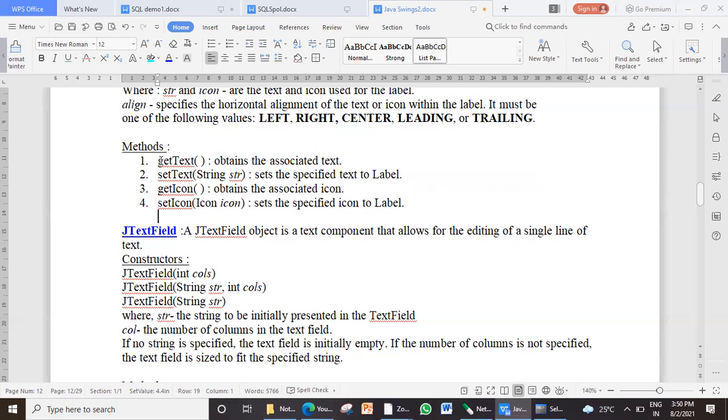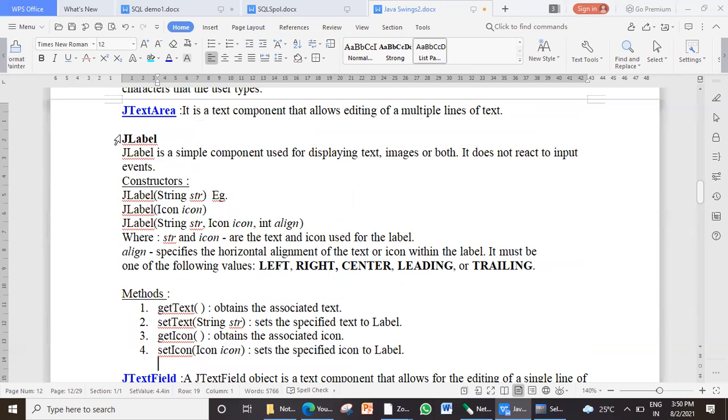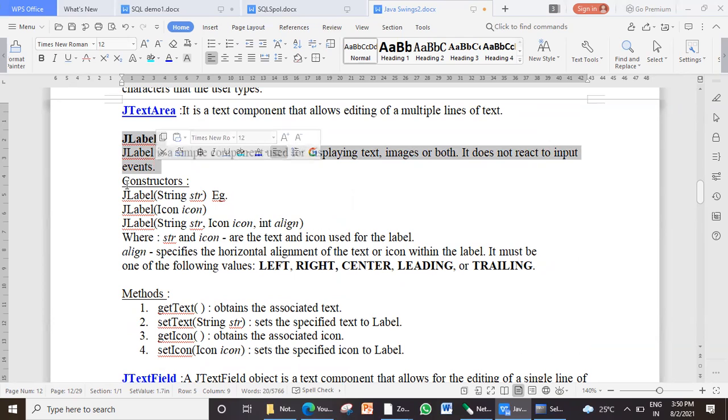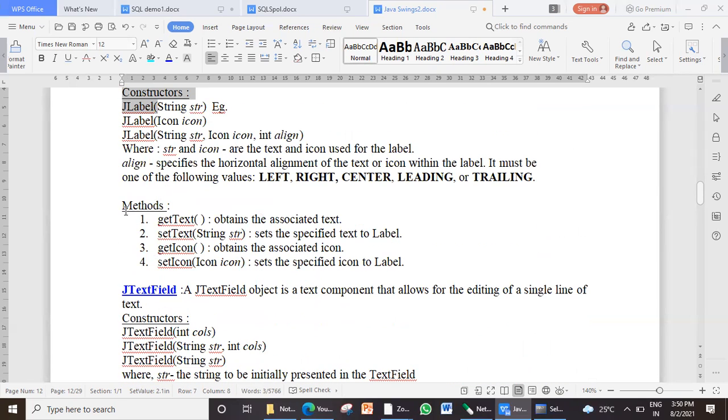Just to give you a hint, whenever they will ask you to explain the components, you have to remember that first of all, you have to explain the usage of that component. You have to try explaining how to create that by using one constructor, and then you have to explain one or two methods. And remember, most of the components have these two methods in common. One is get text and second is set text.